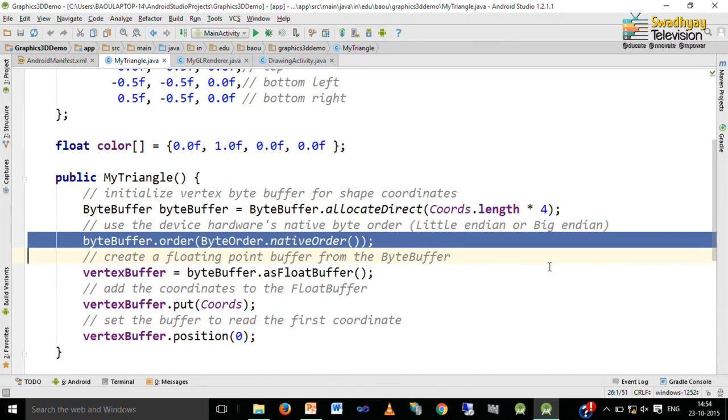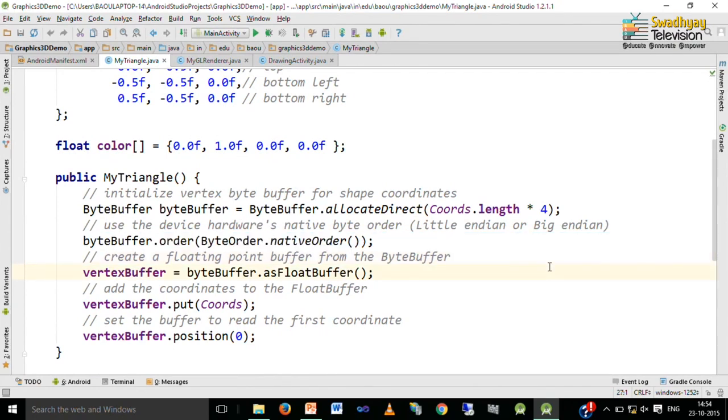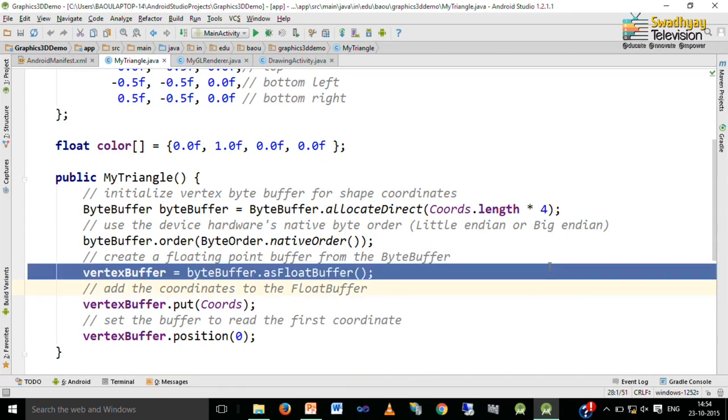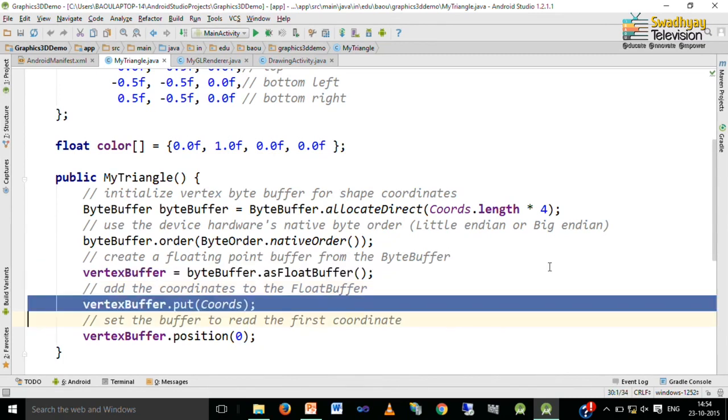If you know, there are two methods for writing data into memory. First is called little endian and second is big endian. So, whatever hardware you are using, it automatically takes that order. So, first I create the byte buffer, then I specify its byte order and finally we create a float buffer by writing byteBuffer.asFloatBuffer, and we want to add our coordinates into this float buffer.